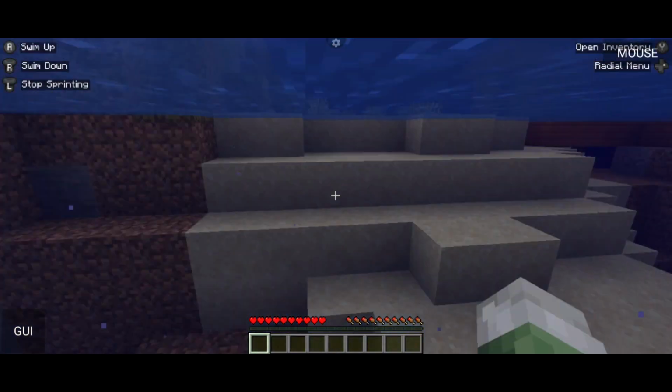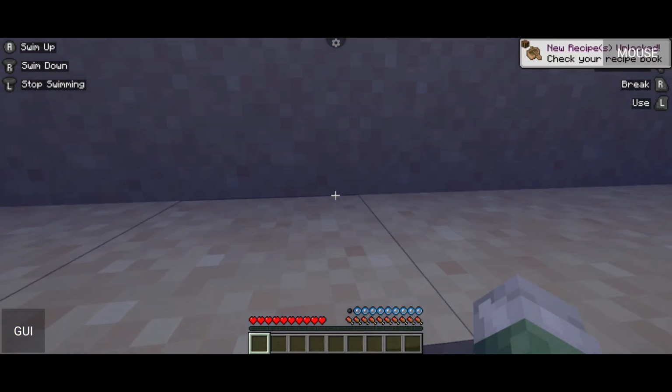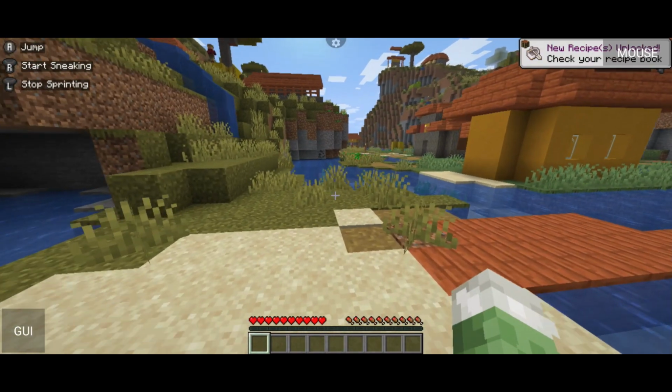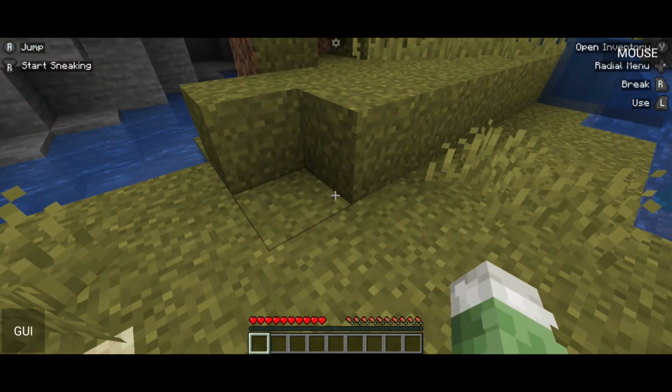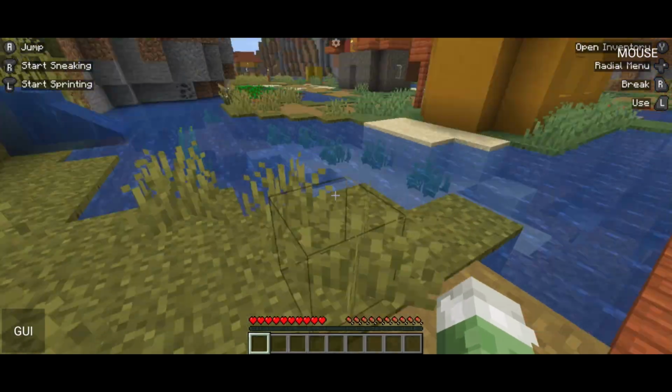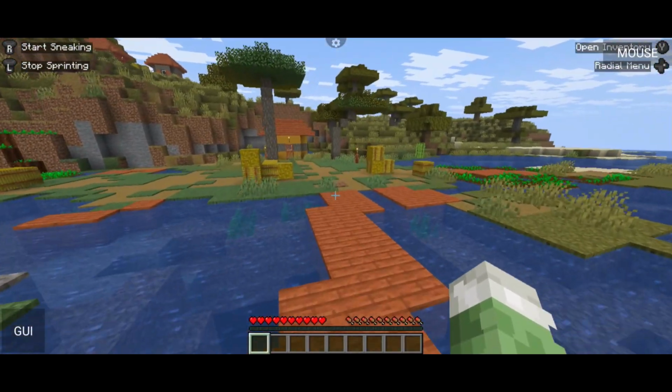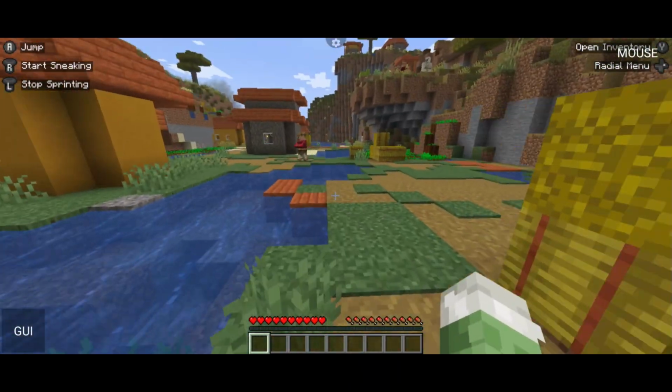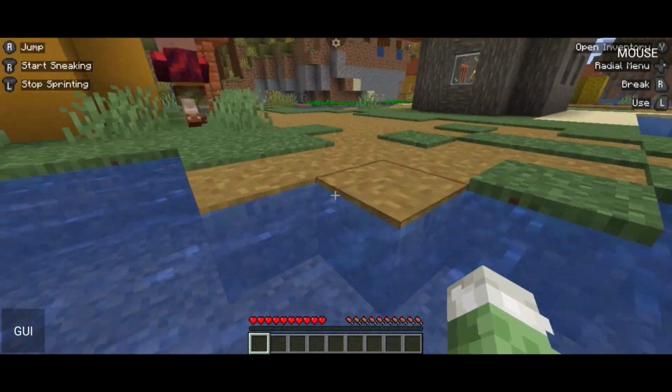And of course you can turn off fancy grass and all that kind of stuff, but that is just something of your own preference. As you can see, the grass is combining with each other, and that is because of one of the mods inside the Fabulously Optimized modpack. And it's pretty awesome that I just found a